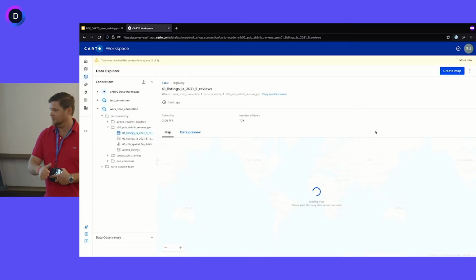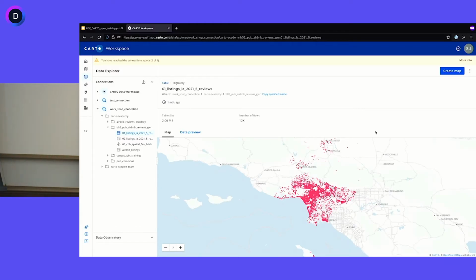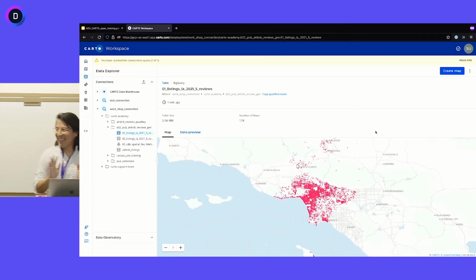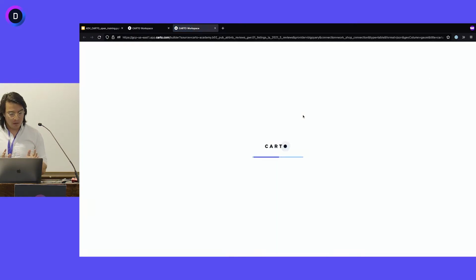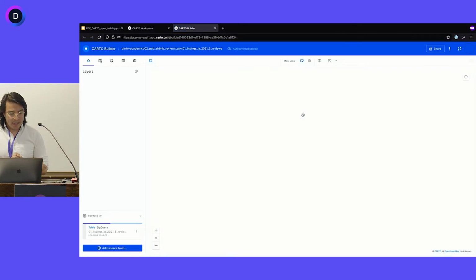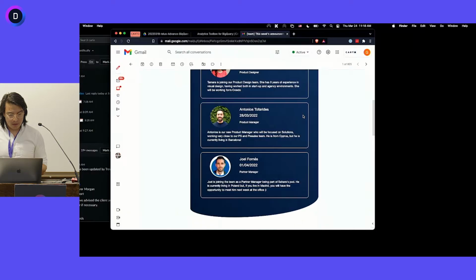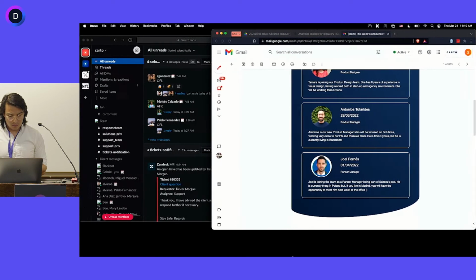Okay. Yep. Sorry about that. So again, we're in the data set. Let's create a map. Simple as create a map. Click this button, and it leads us to our Carto builder, which